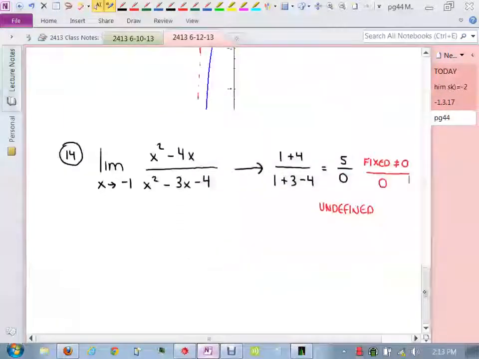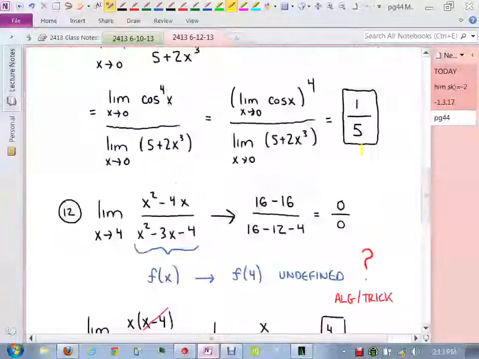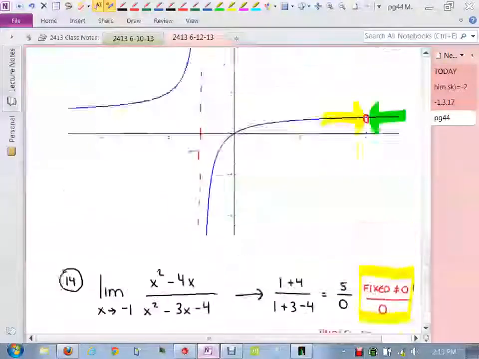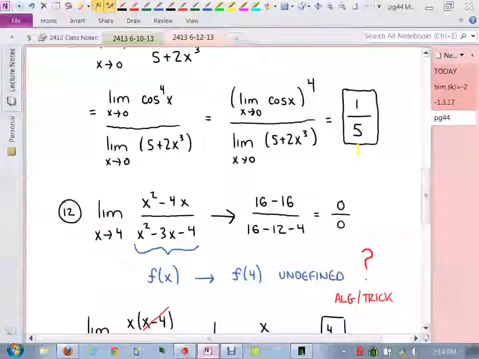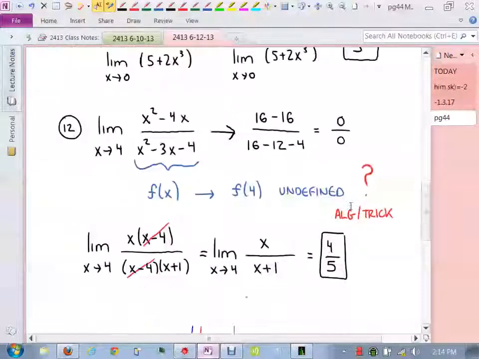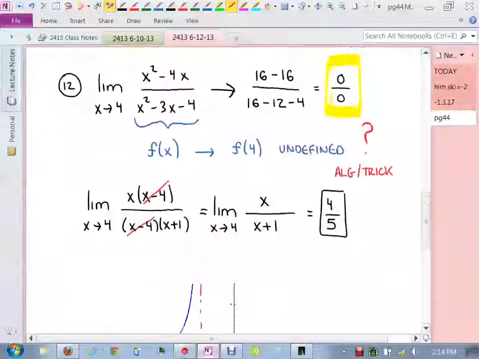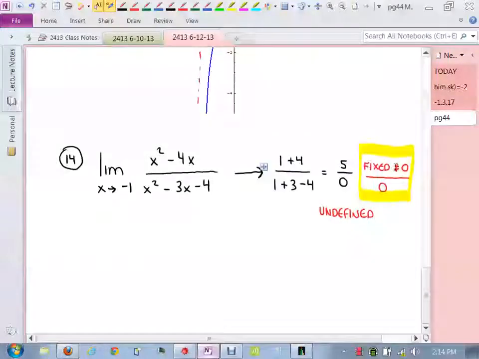But how are we going to determine that from this answer? And this is where things can get a little tricky, all right? You all ready? Ask questions if you have any. So the key to this right now is that we have a fixed number that's not 0 over 0, as opposed to the previous problem where we had what over what? We had 0 over 0. Where is that one? Did I erase it? Oh, there it is, 0 over 0. Okay. So we had this. We were able to get an answer. But when we get a fixed number that's not 0, what do I mean by fixed? Like a constant, right? Like 5 or 10 or pi or